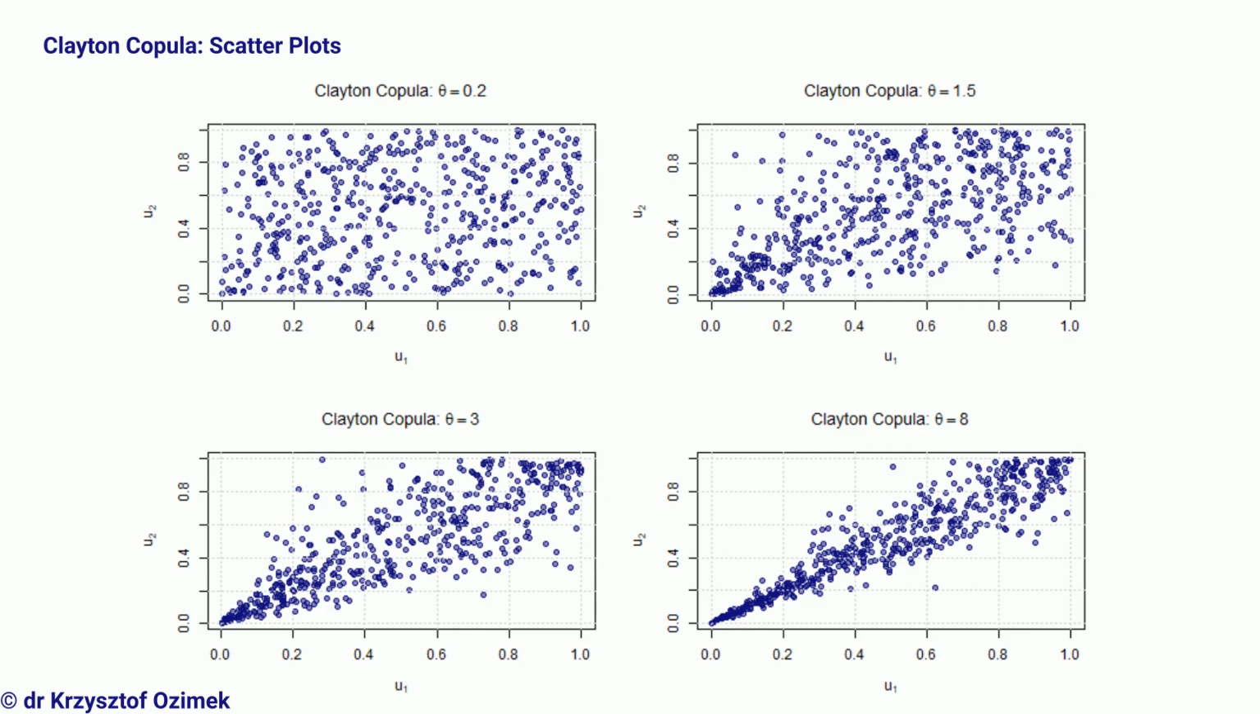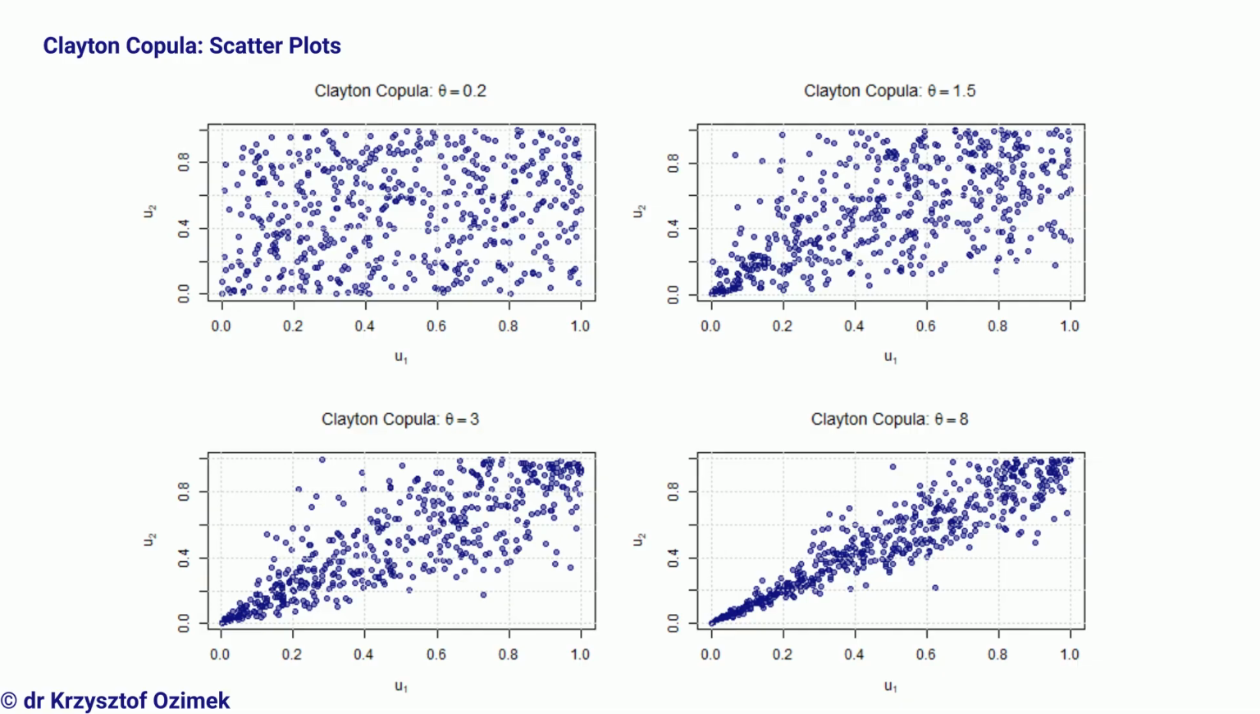Here, we have an example of a two-dimensional Clayton copula, visualized using scatter plots for different values of theta. These plots show how the copula behaves as theta increases, starting from a small value, then a medium value, and finally a large value, with the maximum shown here being theta equal to 8. Let me remind you that theta is a parameter that falls within an open range, starting just above 0 and